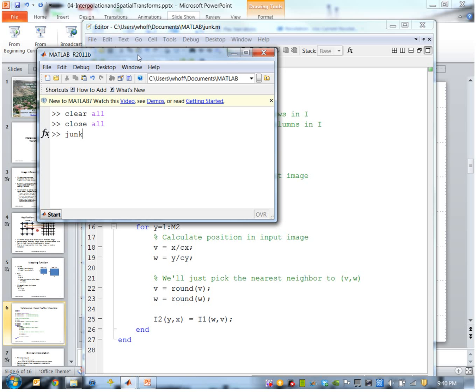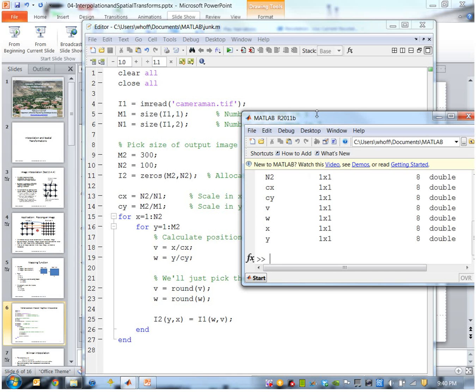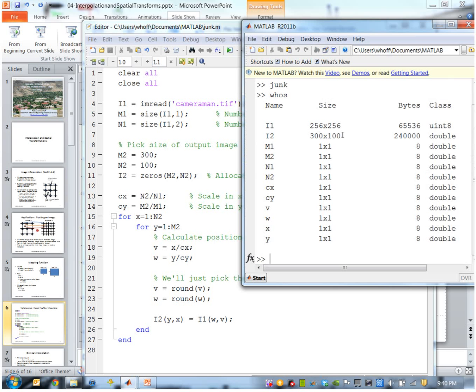This is going to read in the cameraman image, which is 256 by 256, and scale it to 300 by 100. So that's the input image I1 and the output image I2. And just to display those,